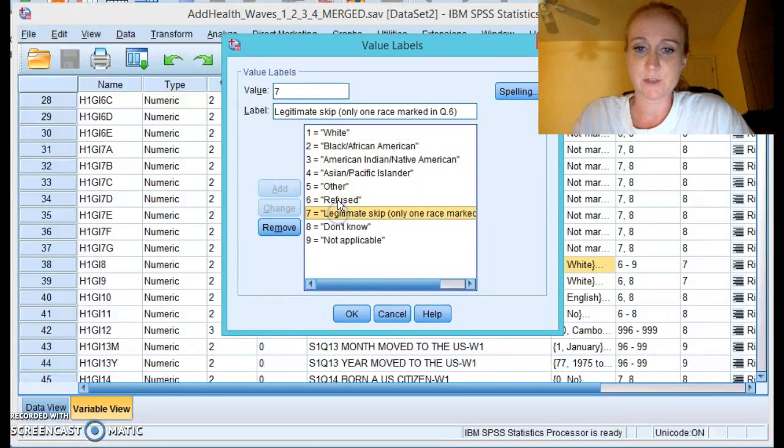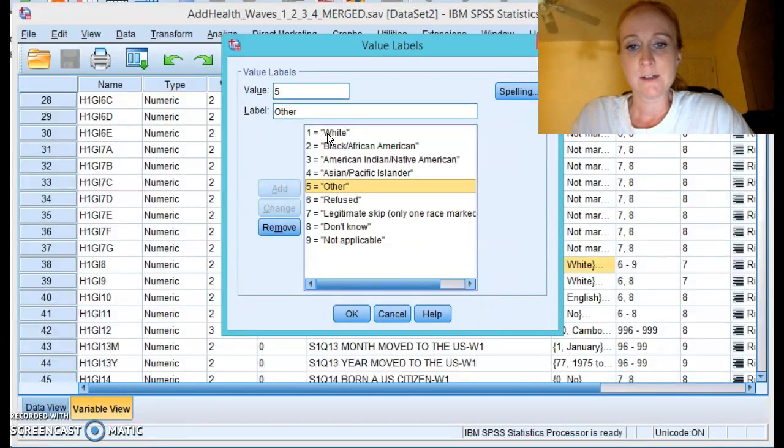So if we go back to the race variable, we're not going to look at these missing data categories: refused, legitimate skip, I don't know. We're just going to look at the ones that apply. So 1, 2, 3, 4, and 5. The maximum number of variables we could make out of this would be 4. Okay, so there are only 5 racial group categories in the variable, and so k would be 5. 5 minus 1 is 4. Now why,